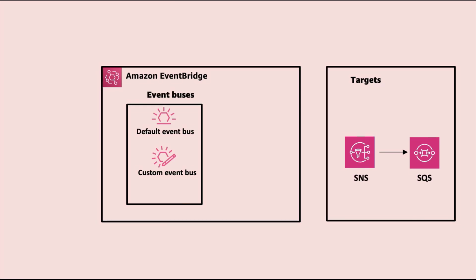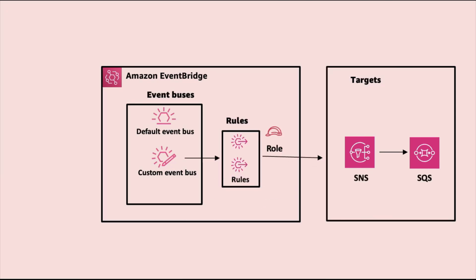Before creating any rules, we first have to create the targets. In our case, we'll be creating one SNS topic and also an SQS queue. The SNS topic will be sending the message to the SQS queue. So this is the flow, and we will have some rules, and the rules will be triggered using an